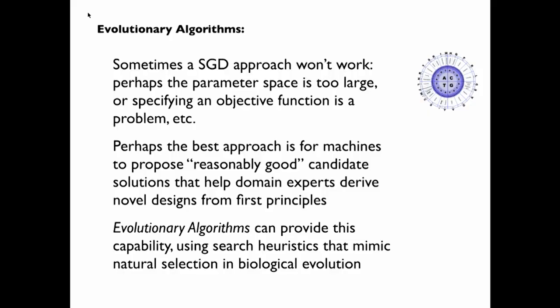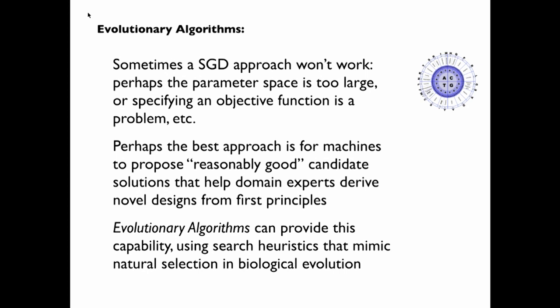The next section about optimization is called evolutionary algorithms. And this actually follows on from neural networks in an interesting way. Sometimes if you're using gradient descent, frankly, it just won't work. Maybe the parameter space is too large for the compute resources you have. Maybe specifying an objective function, maybe you can't even get there. Maybe the problem is so new or so complex that you can't come up with a function to apply something